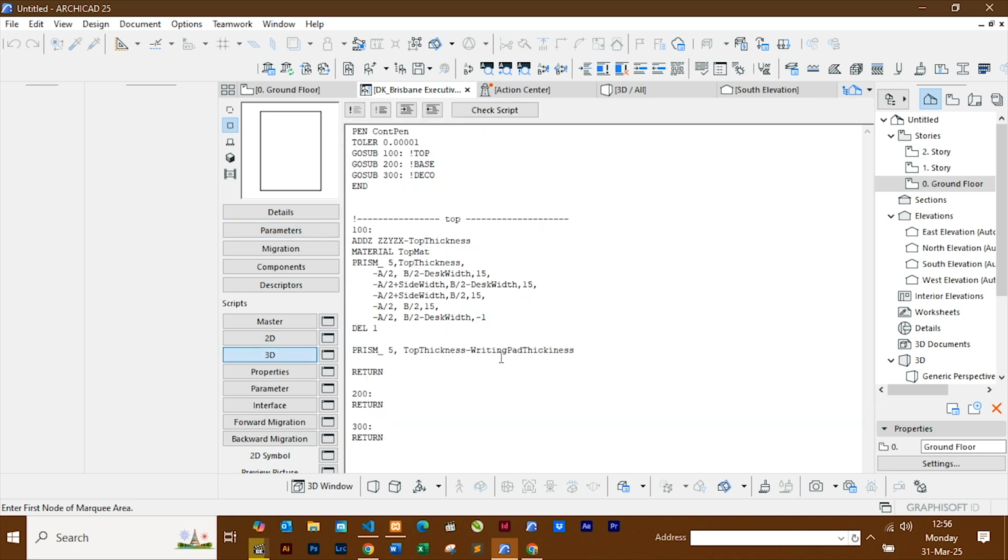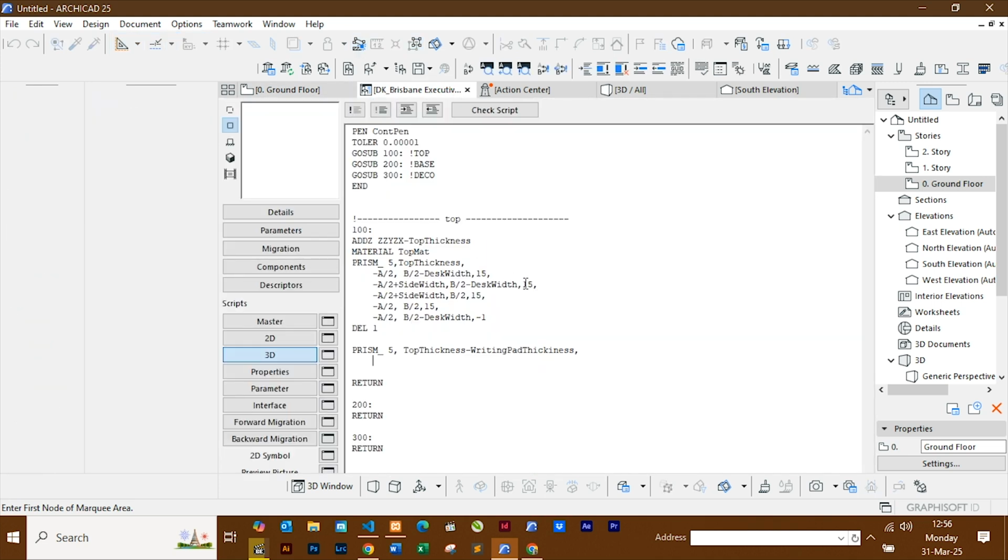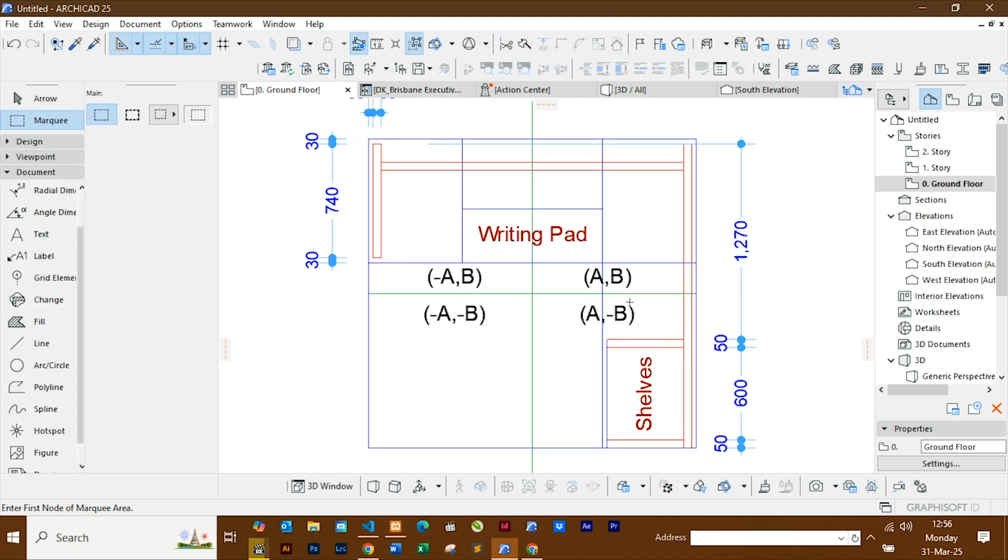Where we have the writing pad, there are 2 sections. There is the writing pad itself, which is 10 mm, and below it the normal top. And that is what we are creating right now. Okay, after this, we start creating the part. Remember, we are starting from this point, which corresponds to point number 2 of this first section that we created. So if you came here and picked this, you would be correct. Then go to the second point,